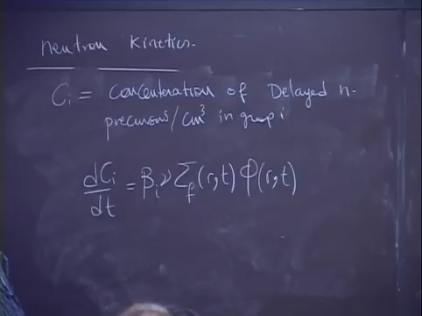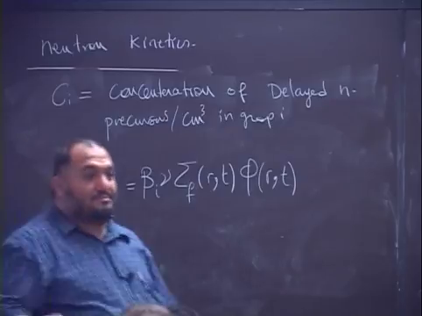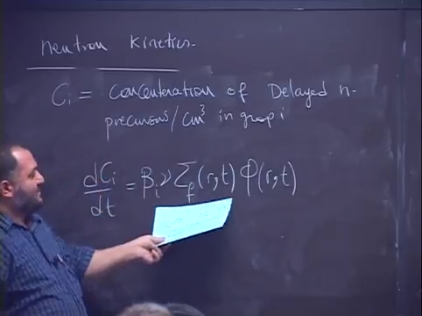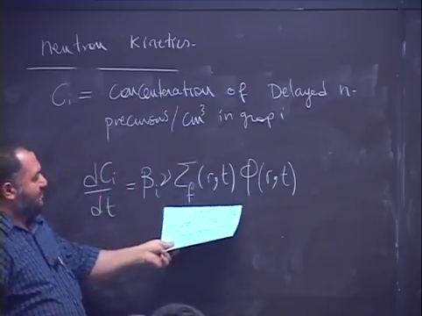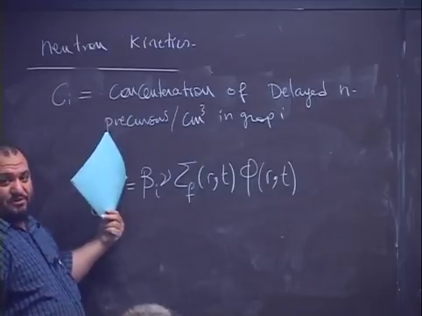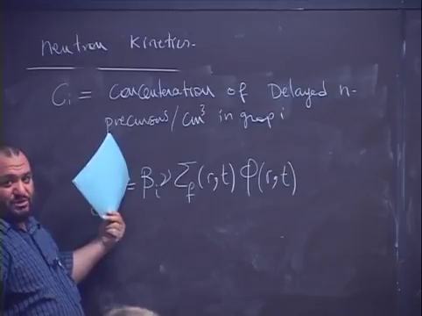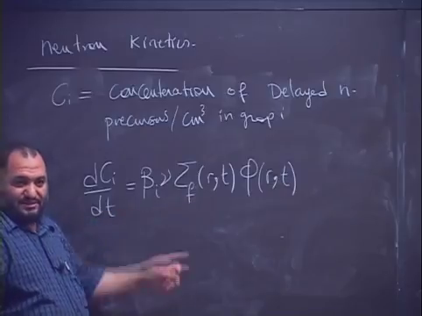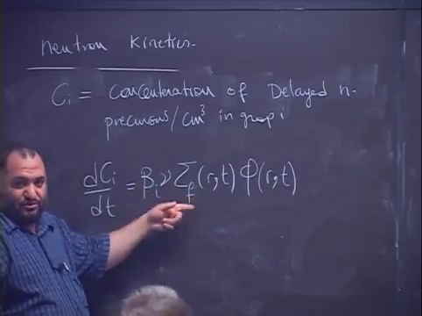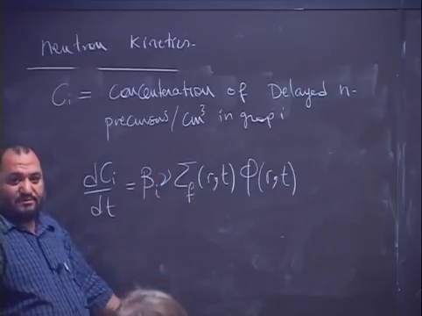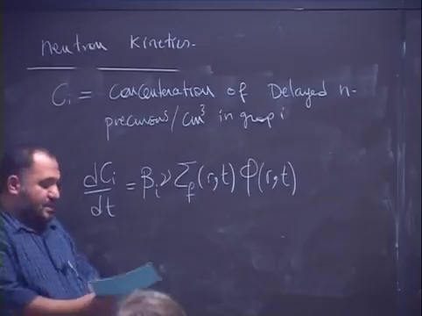Or otherwise you say I have 10 babies produced from 5 moms. I don't know how. Or sorry, 20 moms. Each mom is half baby. So if you have something like this, you are saying that the number of babies or neutrons are the same as the number of moms, which is the delayed neutron precursors. So this is the rate of production of moms. Yes? The rate of production of delayed neutron precursors. Just count how many children you have, and this is the number of moms that you have. Yes? So minus,